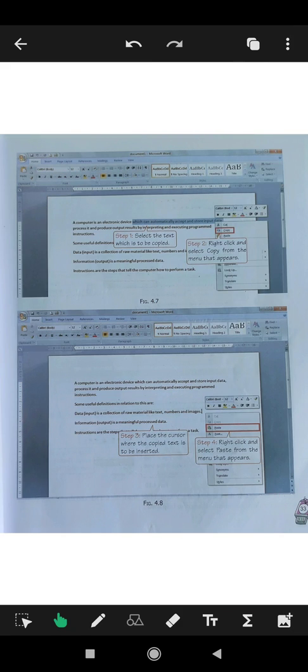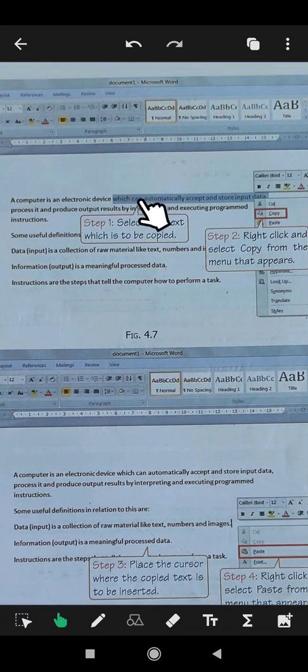So we come to the next page. See, how will you copy text? First of all, here it is given. This is a particular text. What you will do is select the text to be copied. How will you select it? You will click on your left mouse button and then select it up to how much you think you should copy. So here you have selected how many words? 1 2 3 4 5 6 7 8 words. So you have selected these 8 words and then you will right click.